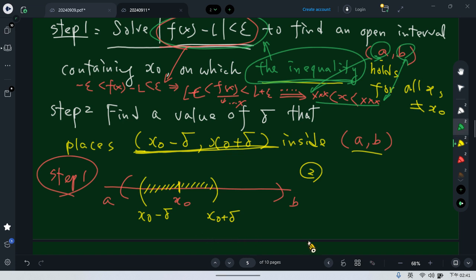So the delta could be like this one or this one, another delta, but it still falls into here. So the second step is just about finding the delta so that the whole interval